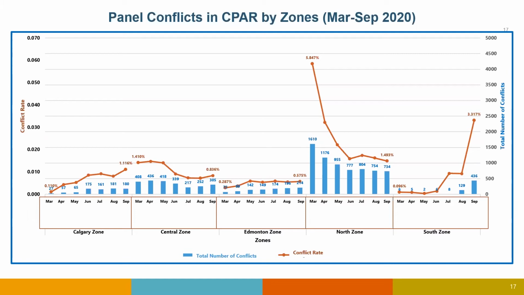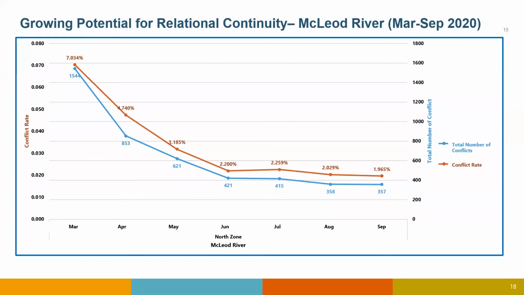In the South Zone, you'll see by looking at the data, they started with 1 PCN in the region participating in CII CPAR. They were working hard on their conflict resolution reports. When another PCN joined in the region, you can see that the conflict rates increased. So focusing in on McLeod River, this is where you can see that they started off when you had the first clinic, a